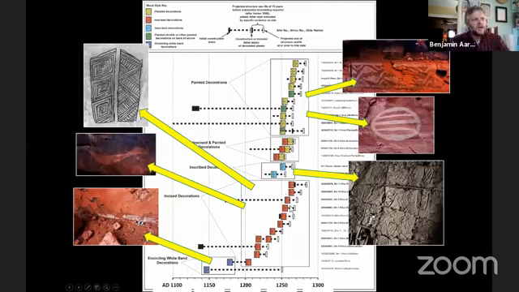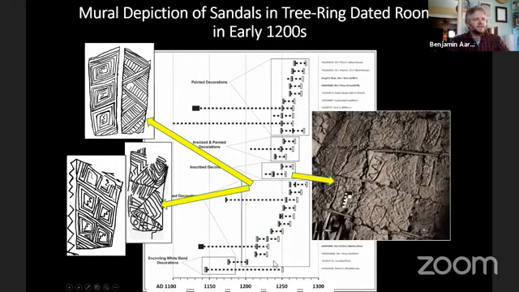And what we can see is that it created a really cool seriation of when these different styles of murals were created. Now, the sandals themselves that we're talking about pretty much only show up in this narrow window from the early 1200s till about the mid 1200s. You can narrow that down right there, and you can see this box right here shows when these sandal depictions show up,